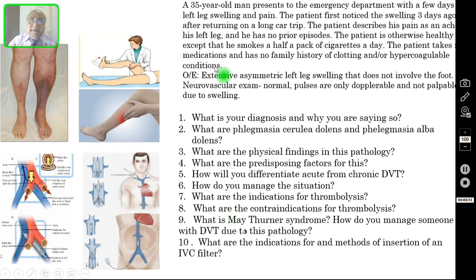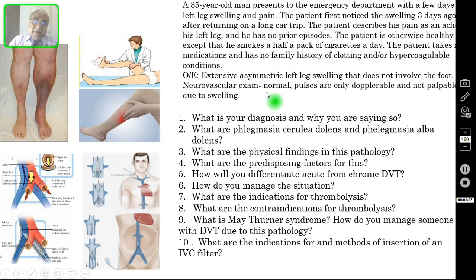So our patient is a 35-year-old man who presents to the emergency department with a few days of left leg swelling and pain. The patient first noticed the swelling 3 days ago after returning from a long car trip. The patient describes his pain as an ache in his left leg and he has no prior episodes. The patient is otherwise healthy except that he smokes half a pack of cigarettes a day. He takes no medications and has no family history of clotting or